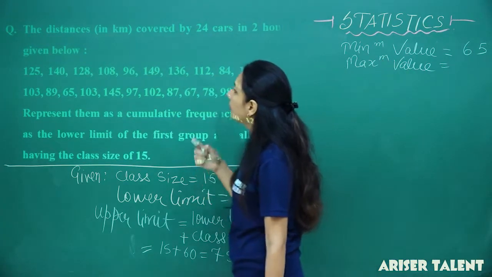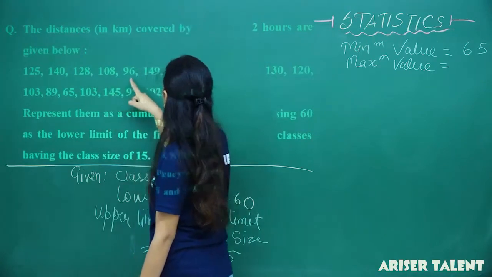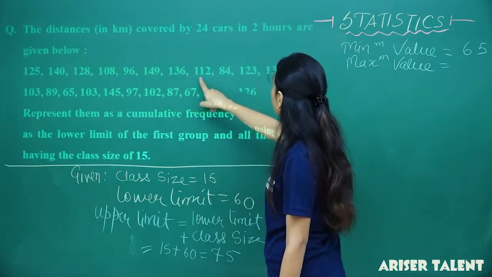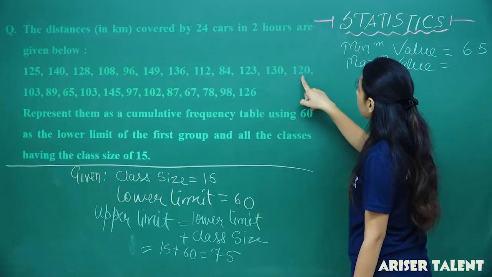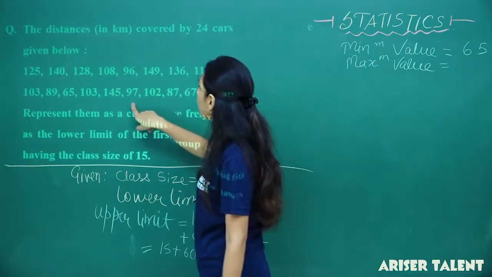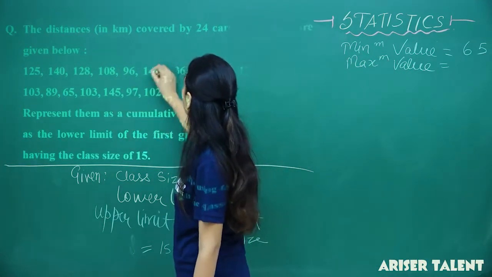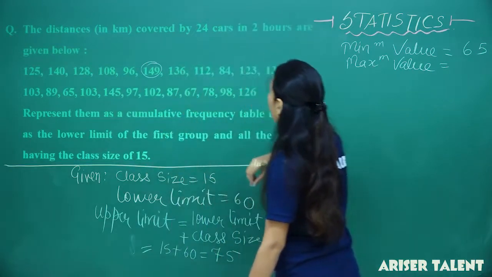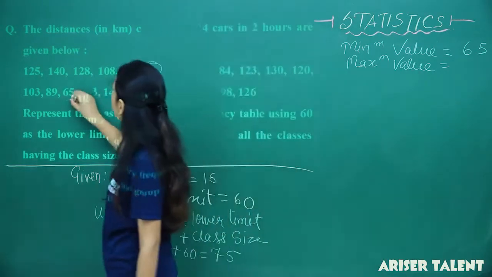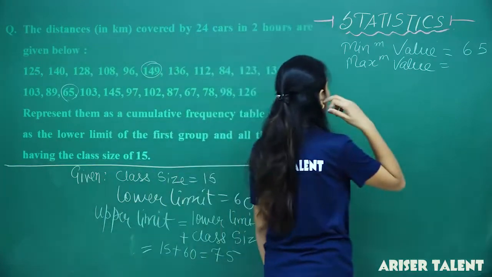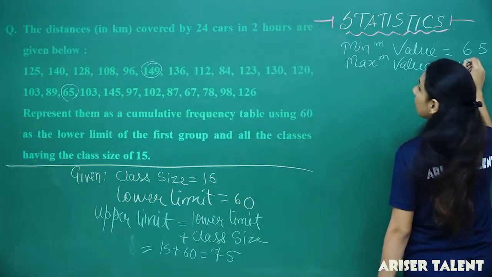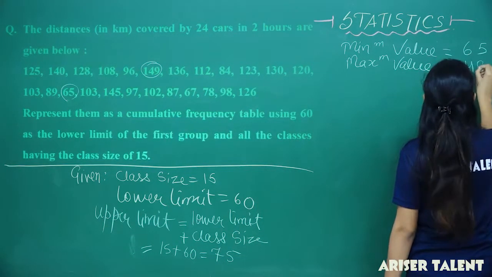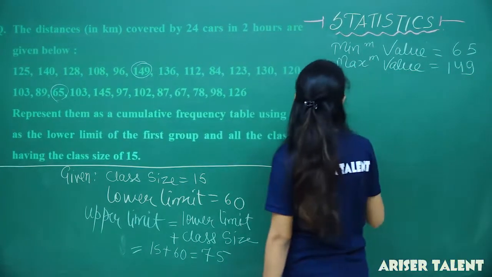And the maximum is 140, 149. So 149 is the maximum of all, and 65 is the minimum of all. So the maximum value is 149. Okay, so you are having 65